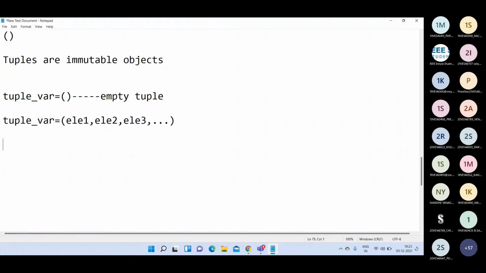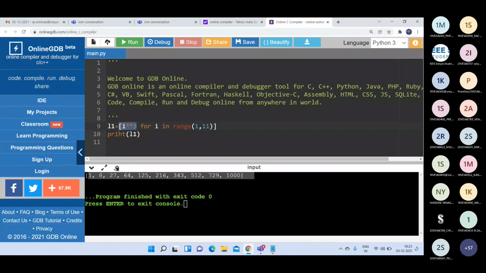Is it clear? Similar to lists, here also element 1, element 2, element 3 and so on can be of any type: numbers, decimal point numbers, strings, or a combination of all these.